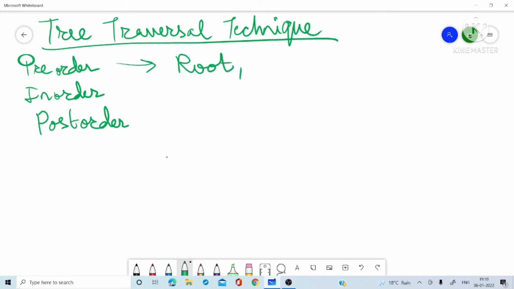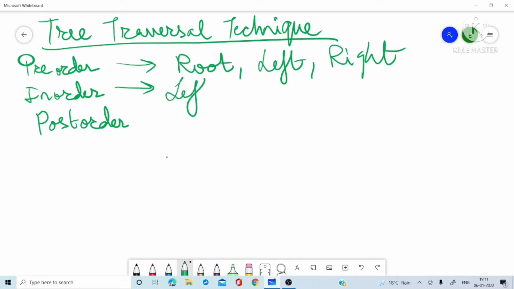We write the root first, then the left, and then the right. So this is the traversal technique we apply. In the in-order, we have left, root, and then right.